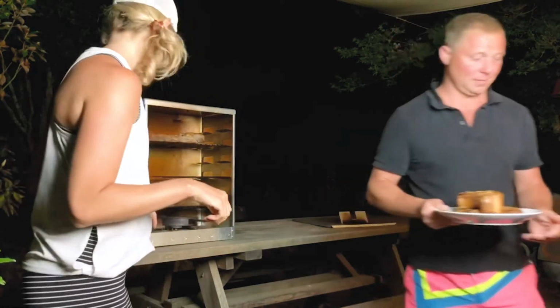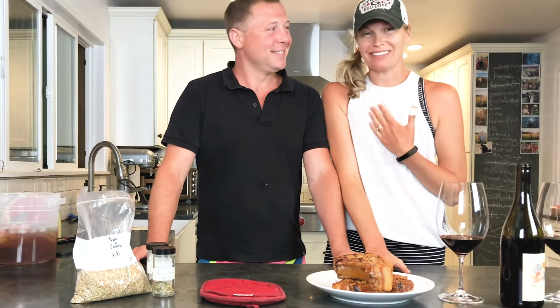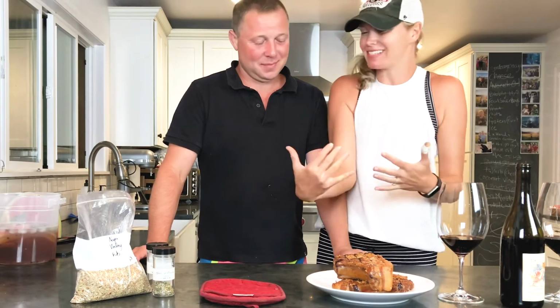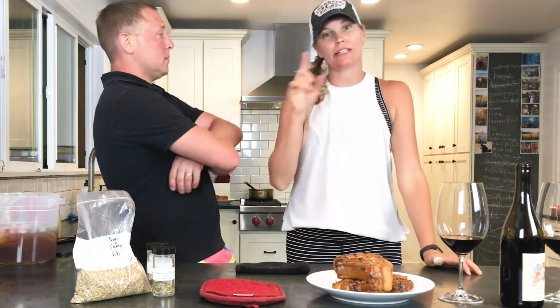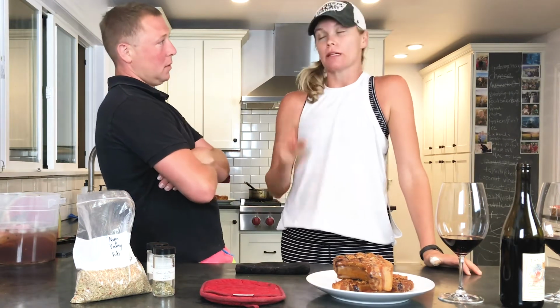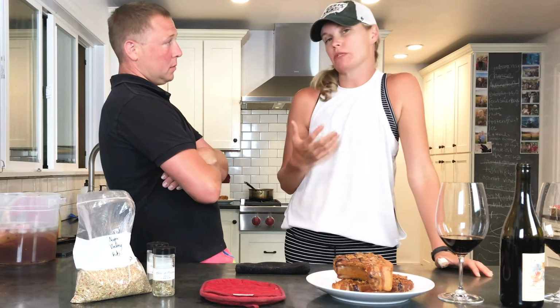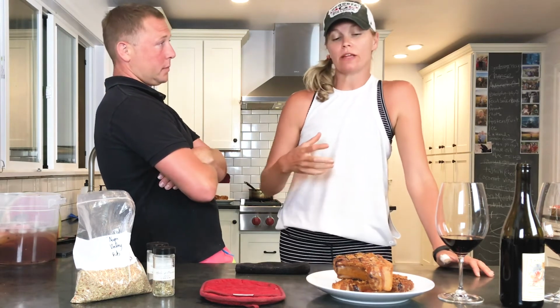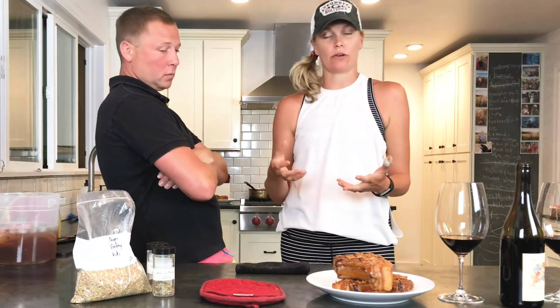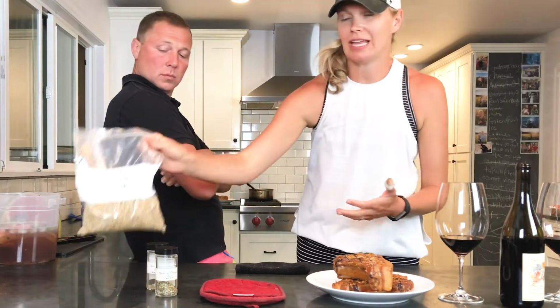Oh, yeah. This is the part where I start getting really excited. It smells so good. Tell me what to do, Megan. Well, here's the piece we didn't tell you that is probably one of the most important, if not the most important step after brining. When the pork chops have brined for the 6 to 8 hours, you want to take this